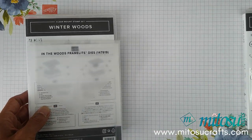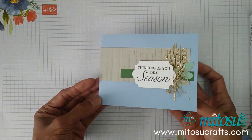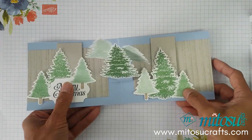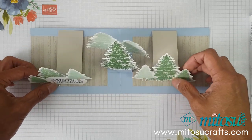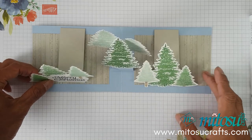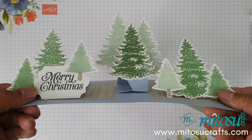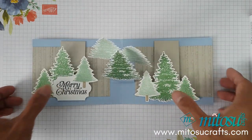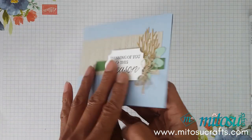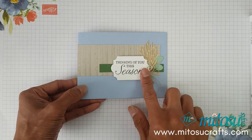So this one I actually created for the stamp review group, and it's this card, and it pops up like that, and it creates a nice winter scene. So that does stay, but you can have a look like that. So I thought I'd bring together the Winter Woods from the annual catalog as well as the seasonal stamp set Perfectly Plaid. So I'll be doing a variation of this one